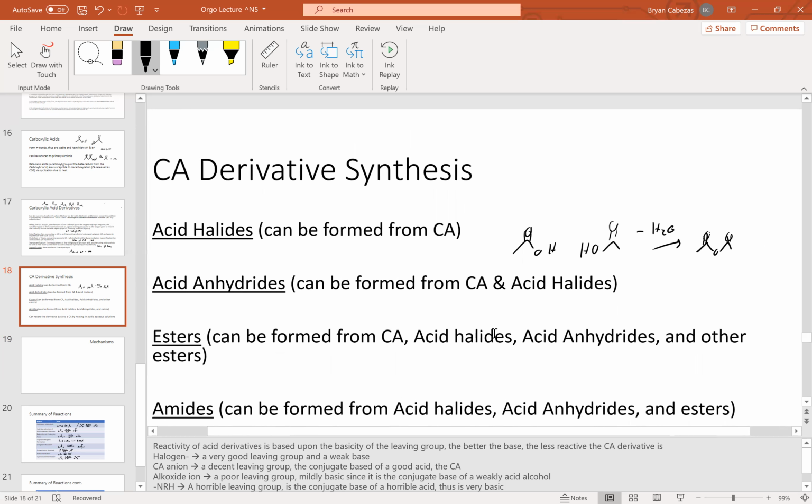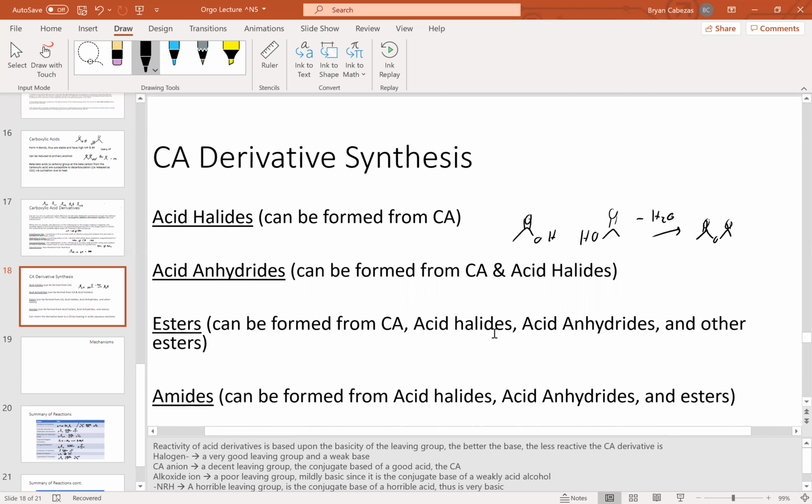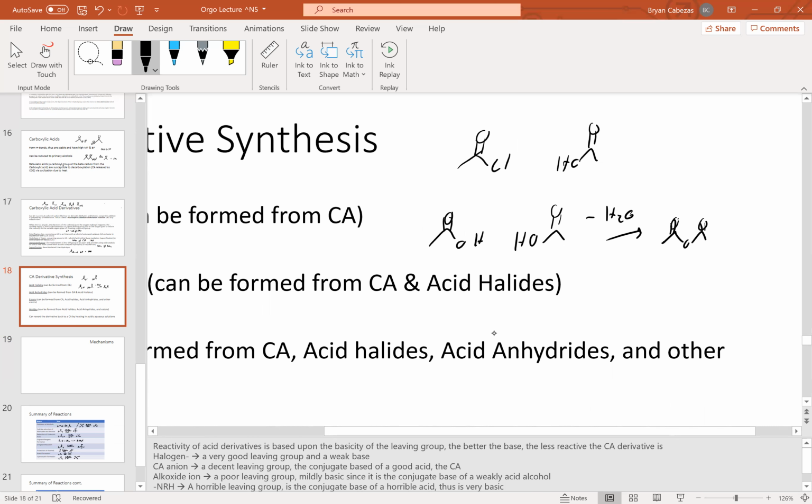Now it says here that an anhydride can be formed from a carboxylic acid, as we've just seen, or an acid halide. Which means that if we put an acid halide like so, and then we had a carboxylic acid, then what can happen is that... Oh, sorry, I forgot this important step. Heat is required for the anhydride formation. So removal of water, and you're going to be introducing heat